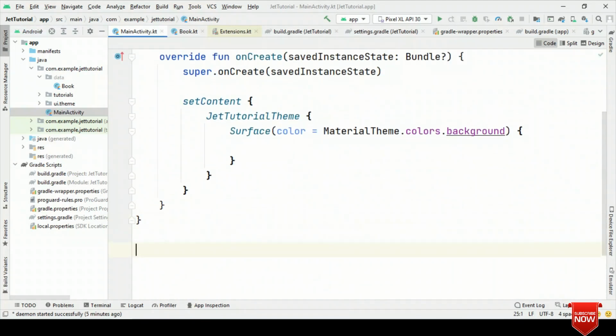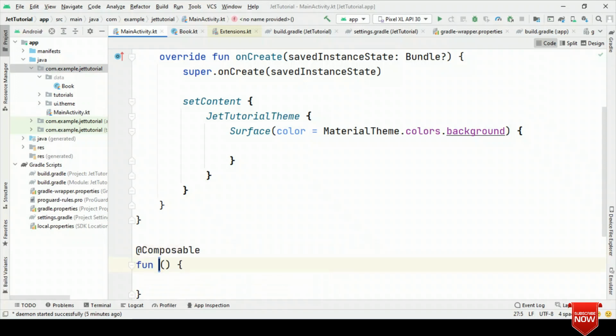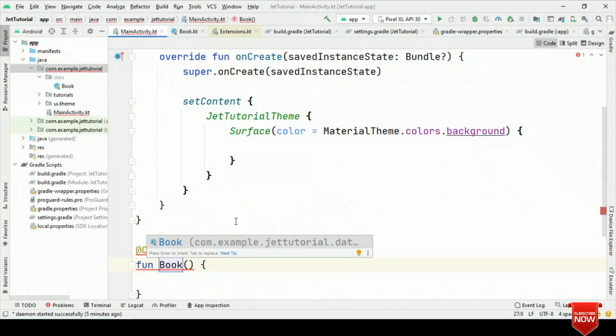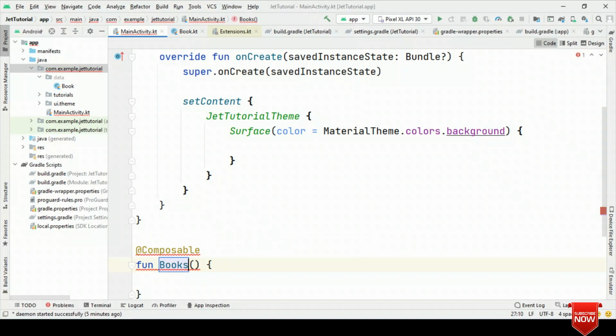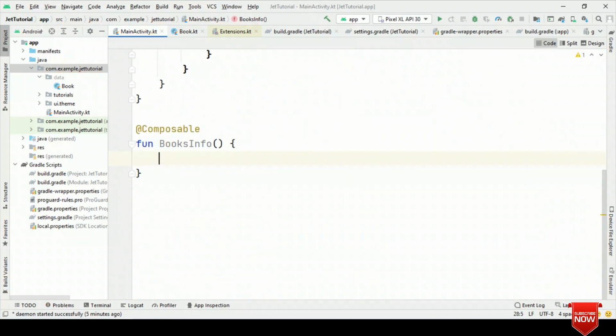Now let's go back to our main activity, and here let's create our composable. So let me create a book composable, BookInfo. So here what we are going to do is create a mutable state of object, because as soon as we get the data either through the real-time listener or a single time listener, we want to assign it back to this mutable state, and we are going to read this in another composable so that we could see the updated content back on UI.